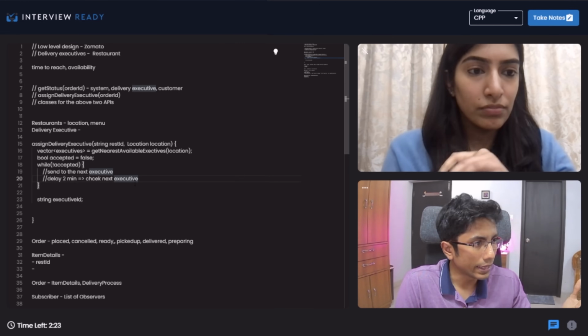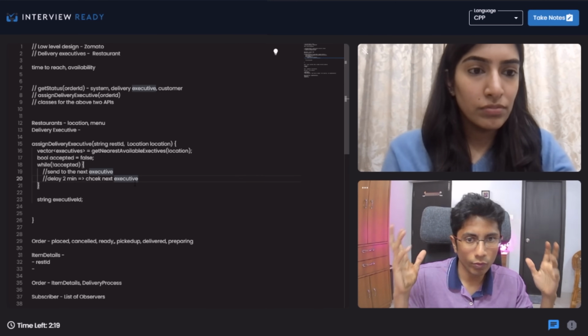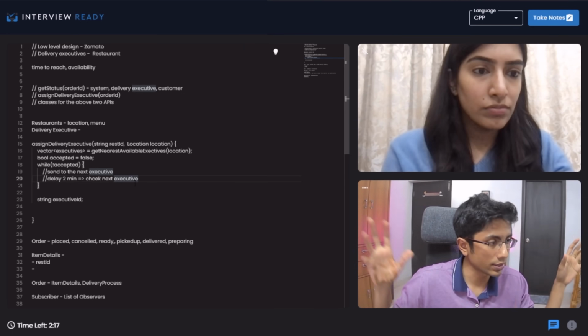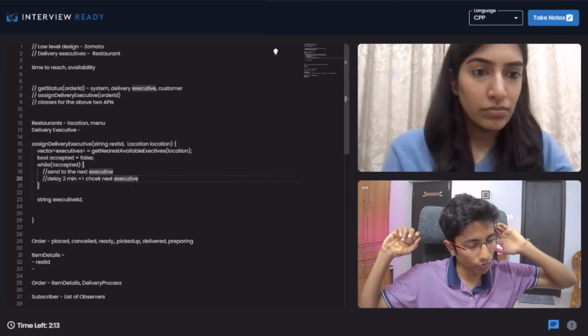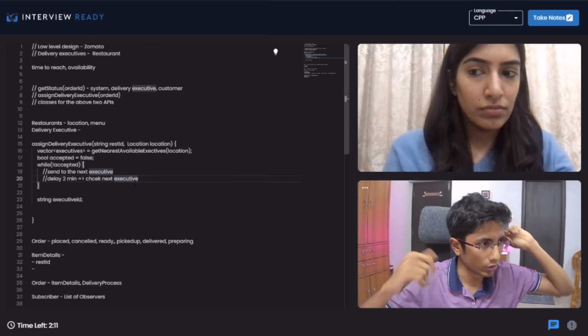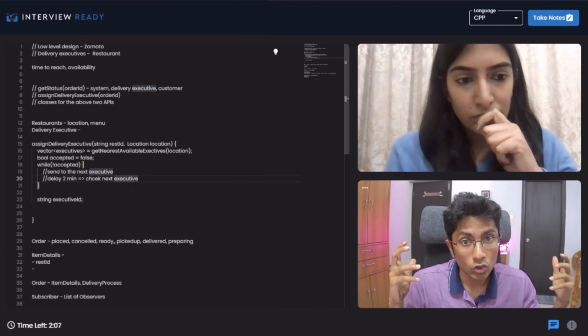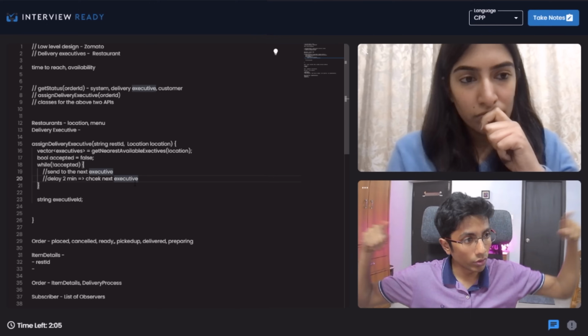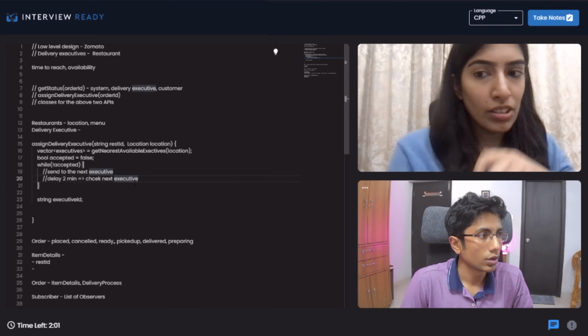You are in Delhi. I am in Chennai. We are assigned this thing. We are nearby to our restaurant, and we want to get an order to execute. So is Zomato going to be executing these two requests in parallel or in sequence?